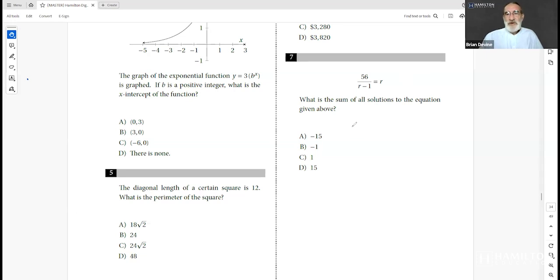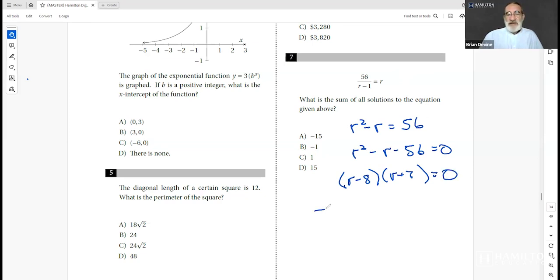So I'm going to end up with r squared minus r equals 56, which I can write as r squared minus r minus 56 equals 0, which I can factor into r minus 8, r plus 7 equals 0, which tells me that r has to be 8 or r has to be negative 7,